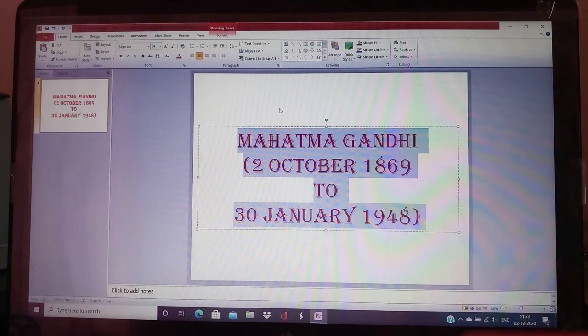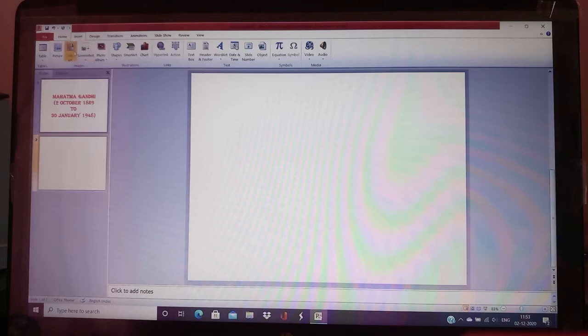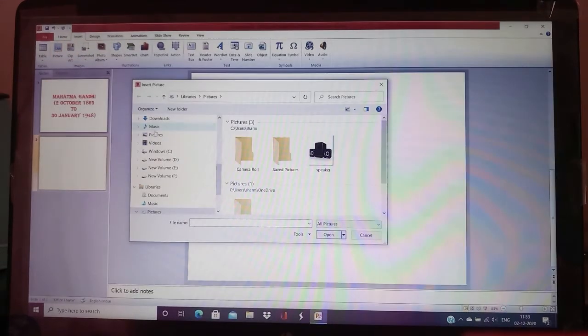Now we are inserting one more slide, and there we will insert a picture. For inserting the new slide, we'll click on the New Slide option and you will see one new blank slide appearing here. We want to insert one picture. So for this, we'll go to the Insert tab, picture which we have downloaded from the net. It is on the desktop. So I'm selecting the desktop option.